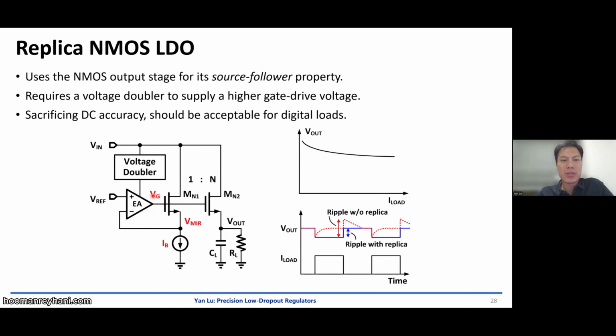We only reuse a VG for the power transistor. The benefit is that it is very simple and it's very stable, right? Because the load variation will not affect the feedback loop at all. The drawback is the output voltage will change with load current. When the load current increases, the output drops. But when the output drops, there's a benefit,